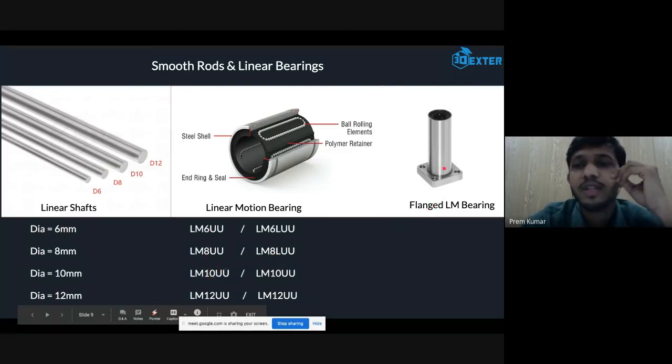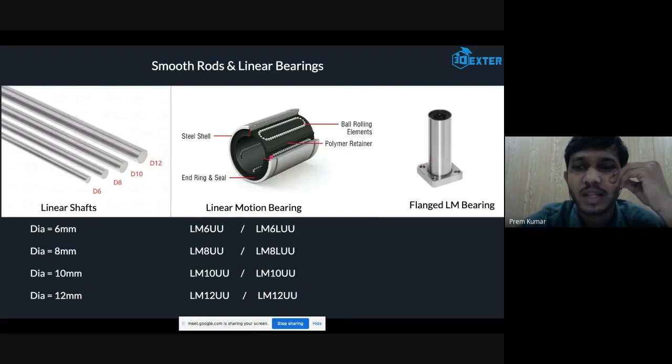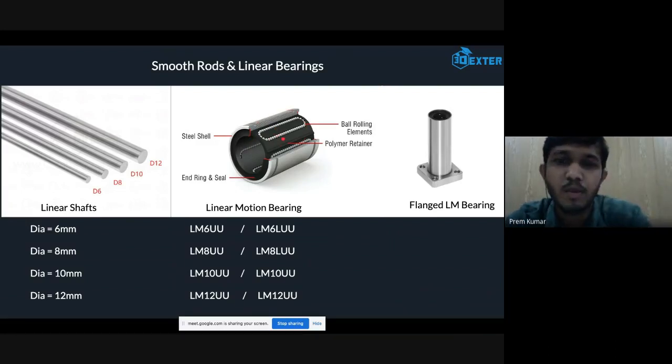And here, there is one more bearing which is called the flanged linear motion bearing. The difference between this bearing and this bearing is only that this bearing has a flange attached at the end of the bearing. The first bearing that we have seen moves horizontally.